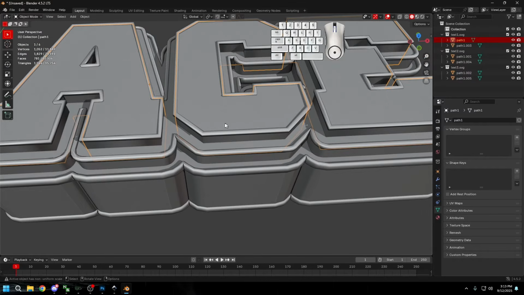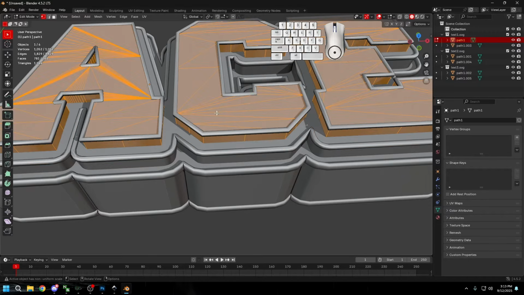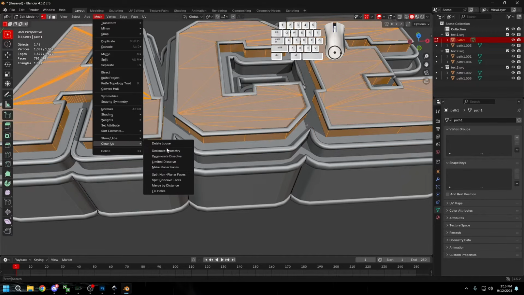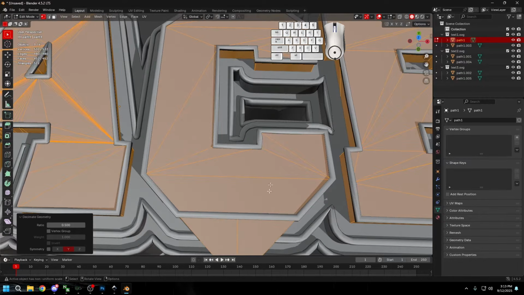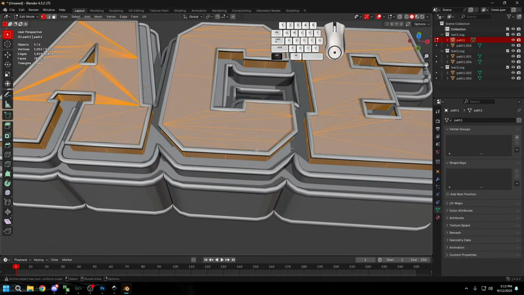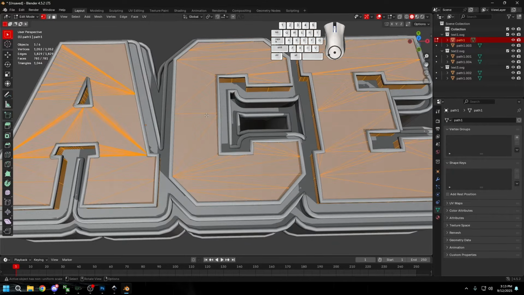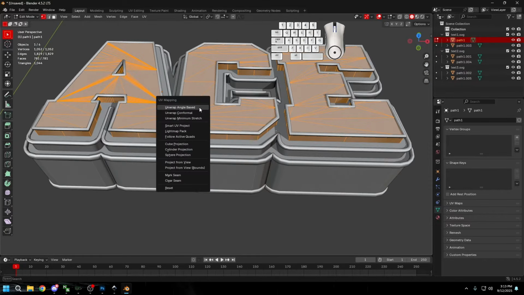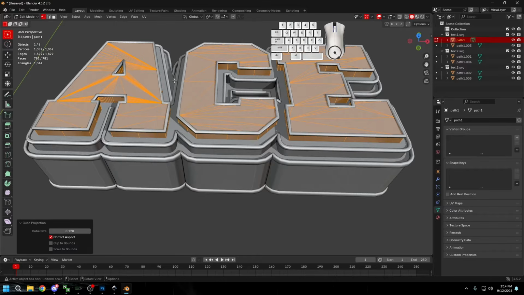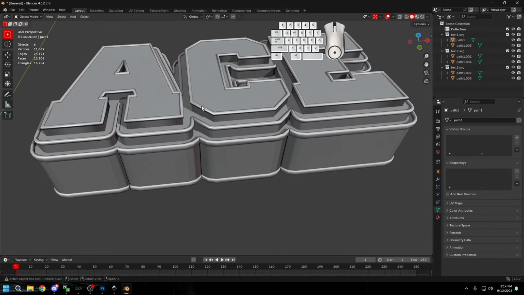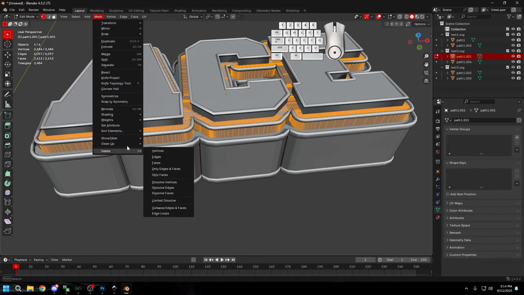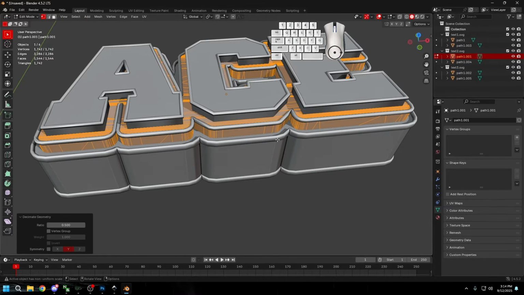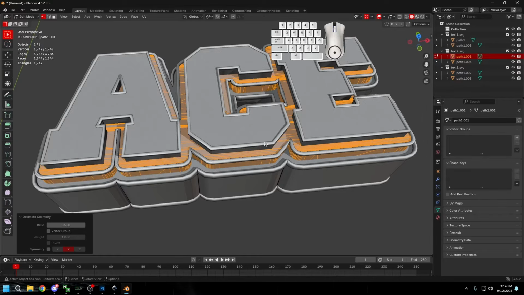And then we're gonna do the same with these. These we can do one by one. Mesh, clean up, decimate. This one wasn't bad, and it broke the geometry, so we just want to Control Z and leave it like that. Just hit U on your keyboard and Q project, and that's it. And then do the same for this one. If you can decimate it, decimate it. If you can't, then don't. See, like that, that's fine with me. Hit U on your keyboard, Q project,